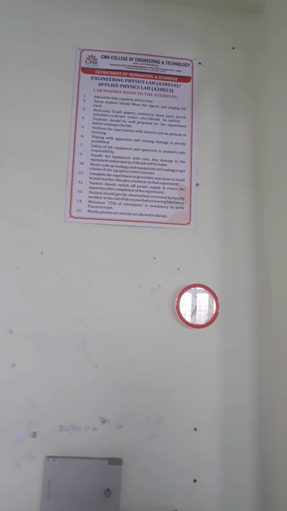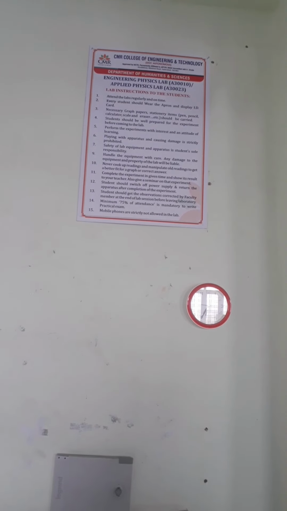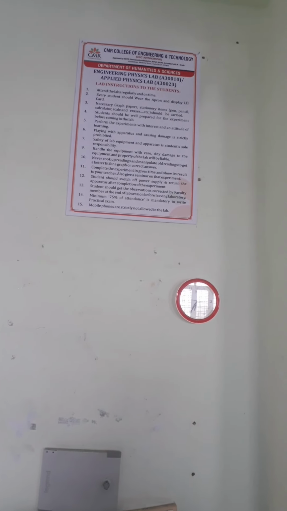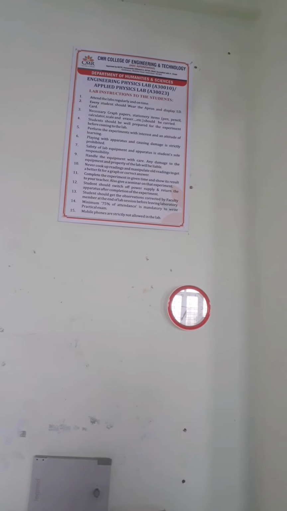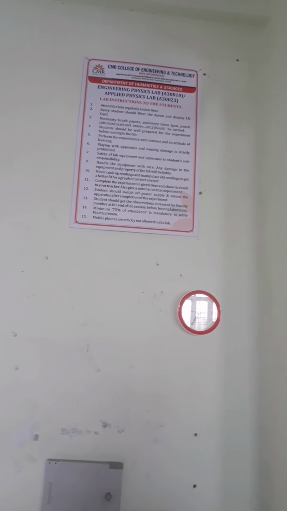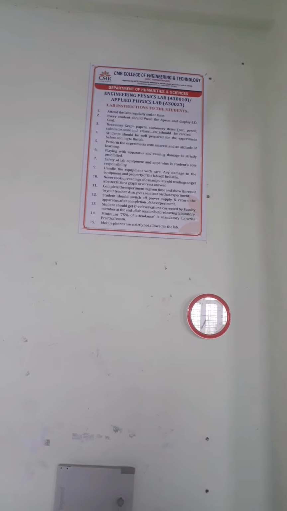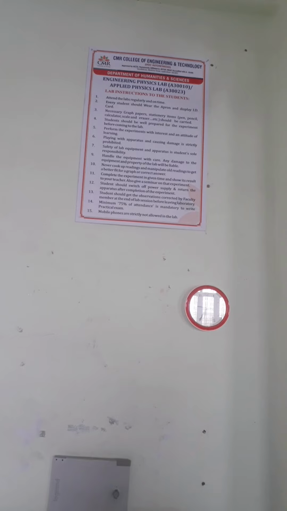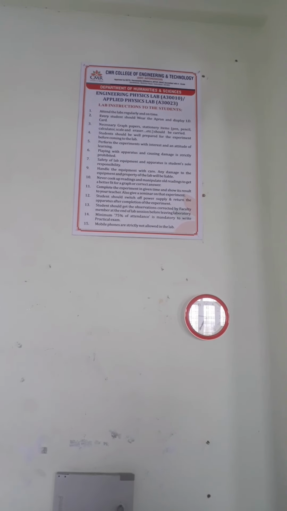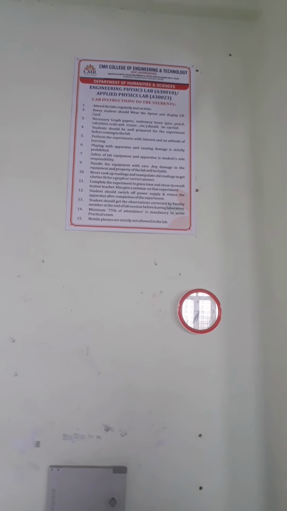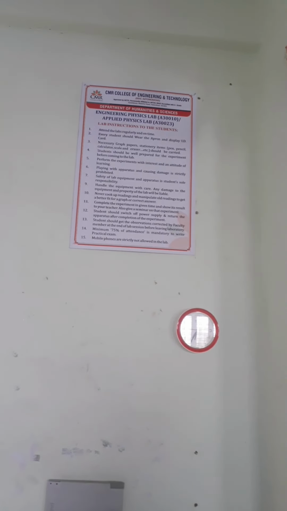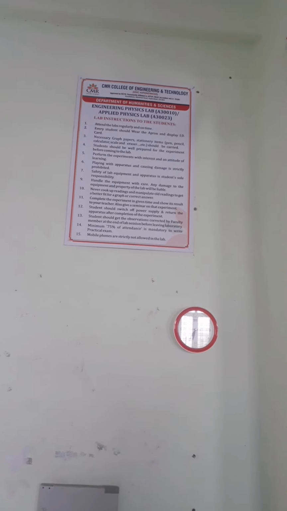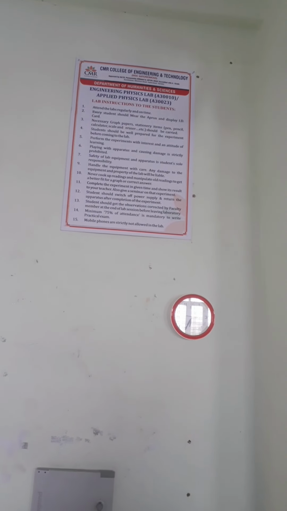Next thing is, once the online lab sessions start, you are supposed to keep a few things ready with you, like graph papers and all your stationery: pen, pencil, calculator, eraser, scale, whatever it is. Next, you should also have your records with you and one notebook to maintain as lab manual. The lab manual PDF will be shared with you, and you should also have an observation notebook with you.